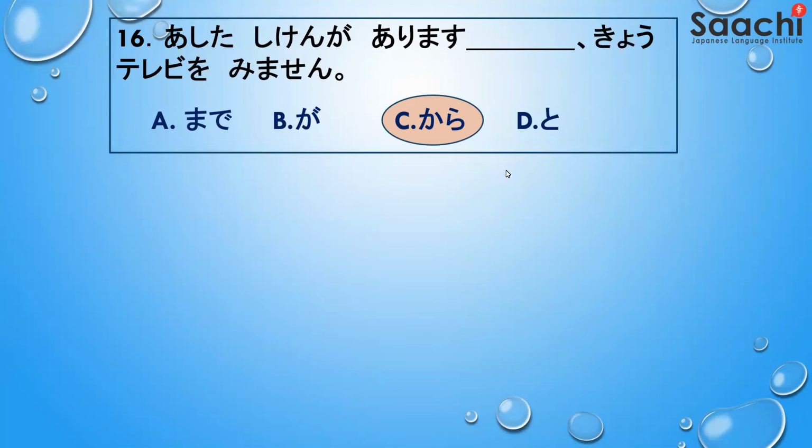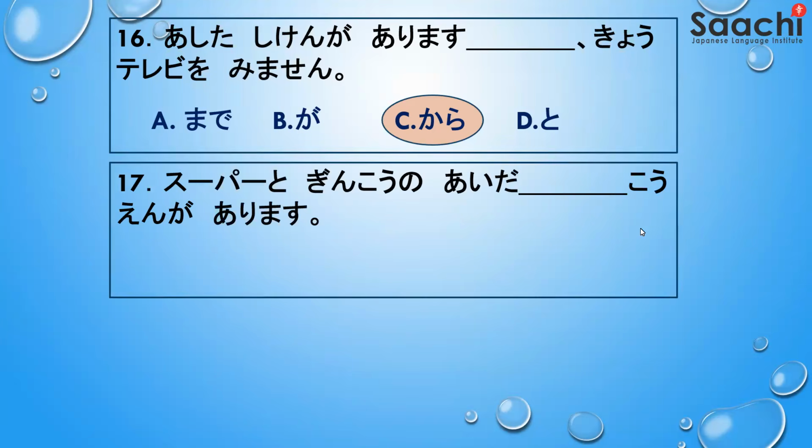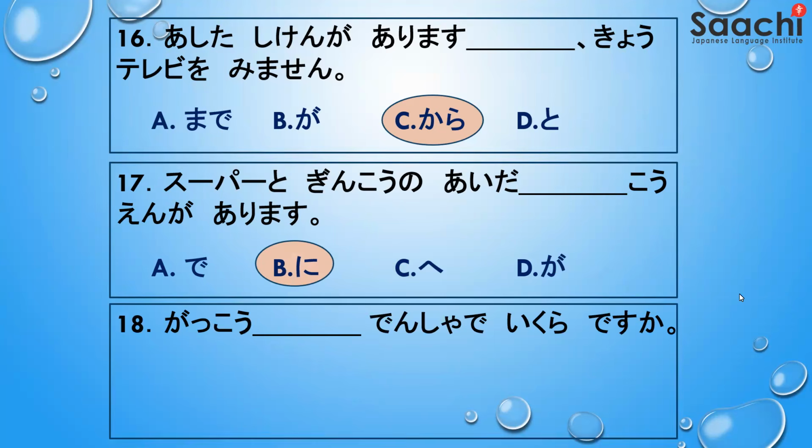So から is because. 今日テレビを見ません。I will not watch TV today. スーパーと銀行の間、公園があります。で、に、が。スーパーと銀行の間に公園があります。So again, similar to the previous one, you're pointing at a location using the particle に。